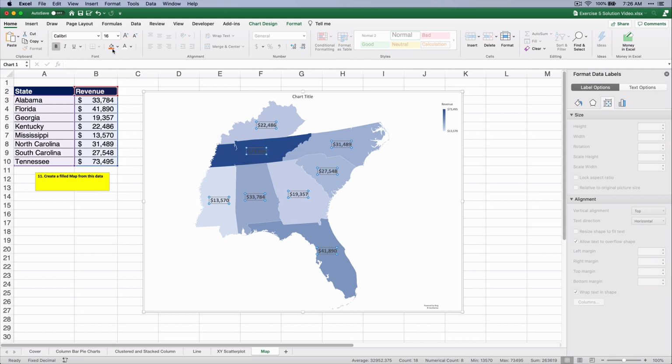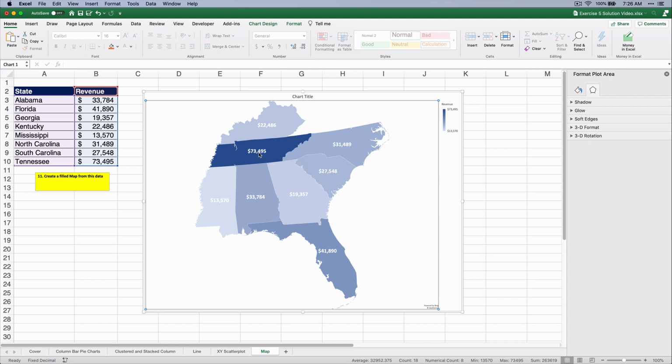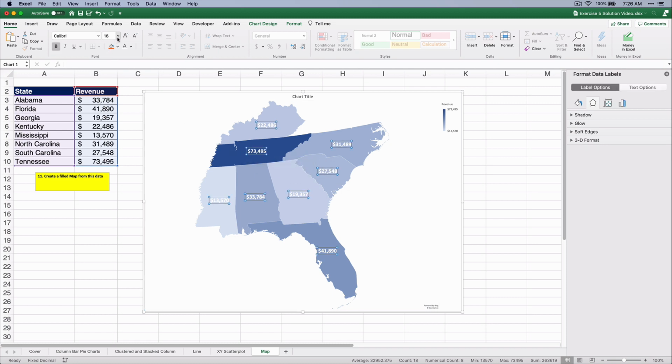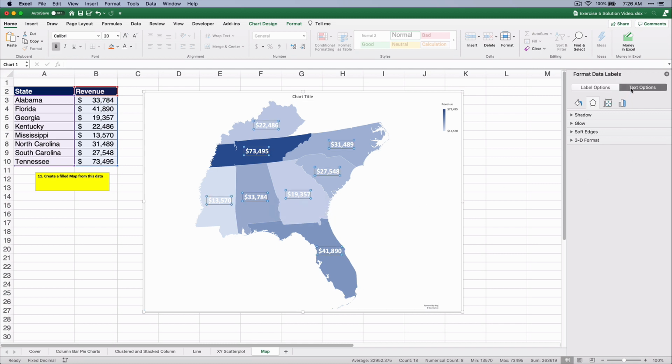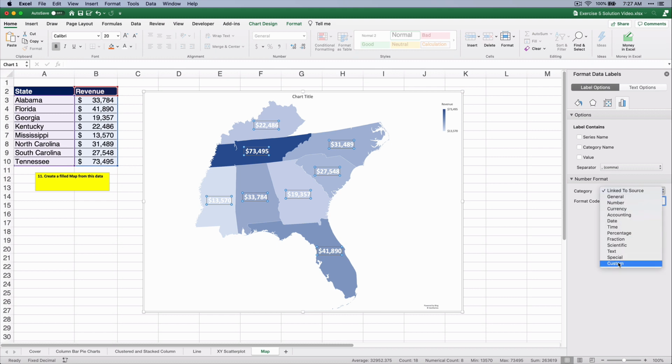They can't read the dark color, so we can make it where it's white. We make it white, and we can make it larger. And that's a very readable number in those states. Now, the other thing you can do, you can format that number. So if you format the number format, same thing we did with the, let's see what we can do. Custom,